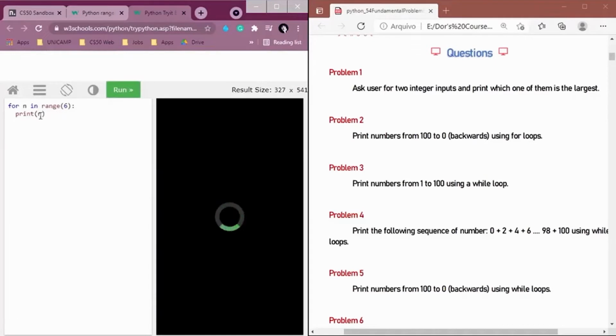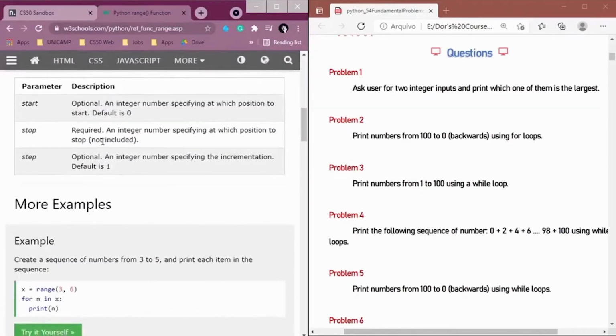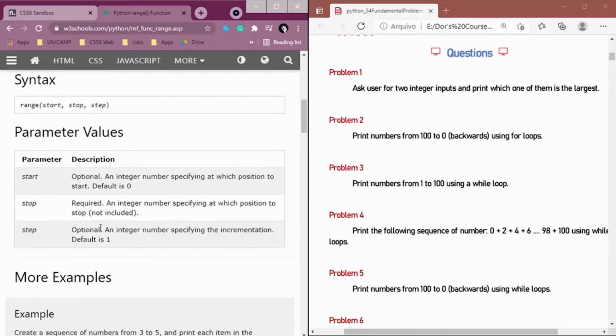Here we want to print every number in this range. So we're going to see that we're printing 0, 1, 2, 3, 4, 5, and we're not printing the number 6. Why? Because this number here is not included, okay? So as we can see here, the stop is the position that is not included. But this start, stop, and step, actually, they have default cases, but we can change these